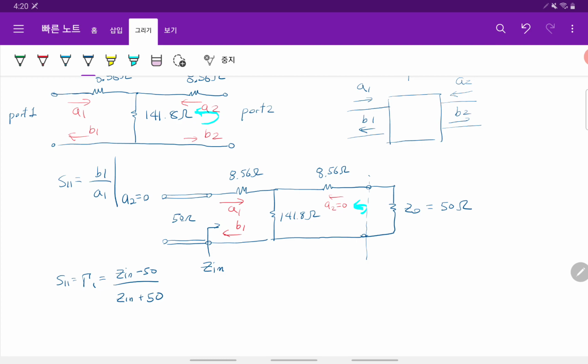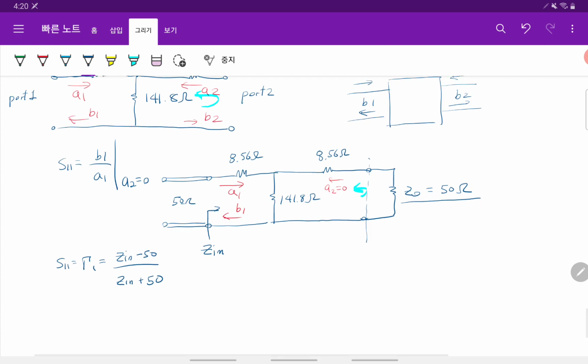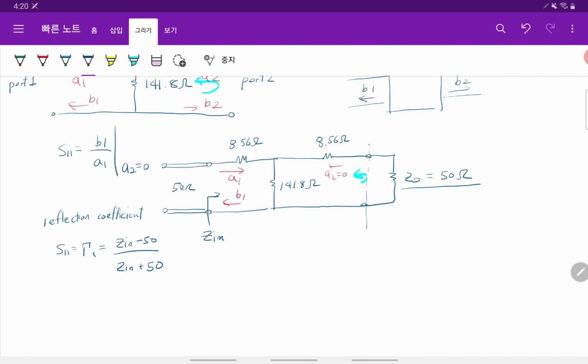This is the reflection coefficient when port 2 is terminated with a 50 ohm load, basically S11, right? When port 2 is matched, to get the Zin,